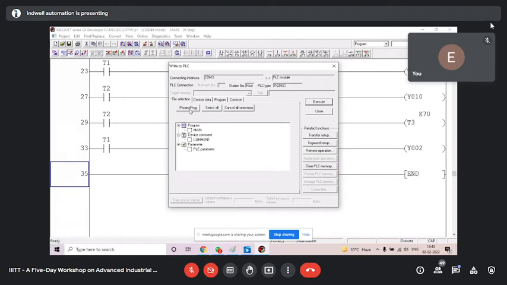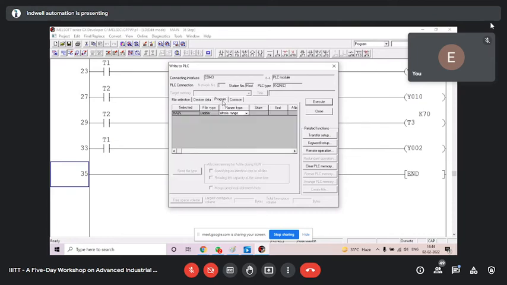Select program plus parameter. Then you go to program. As I select, it is the whole range. I don't want the whole range. I shall click this. I want the step range, from 0 to 35, right? 35, 35. And I shall click execute.